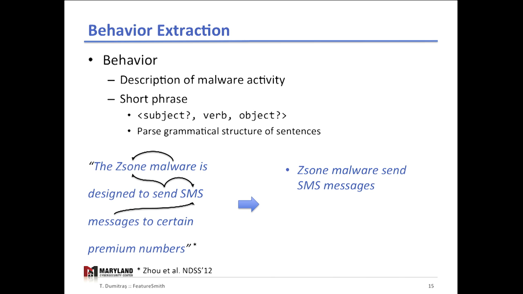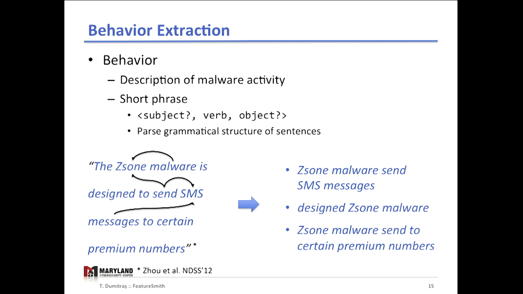So here, for example, the first behavior that we extract is ZZone malware send SMS messages. And similarly, from this sentence, we extract two additional behaviors. So what this allows us to do is to take a long sentence and break it down into shorter phrases that each correspond to a single malware behavior. So now, using this technique, we can extract open-ended behaviors from the text, but we still don't know what they